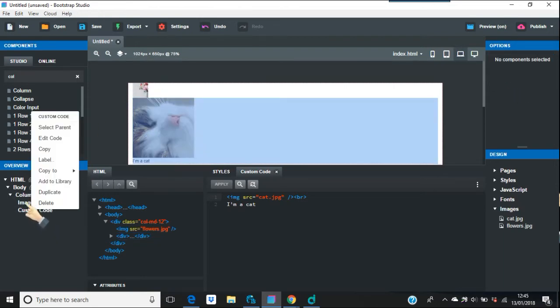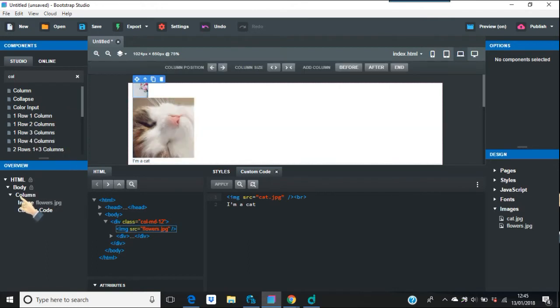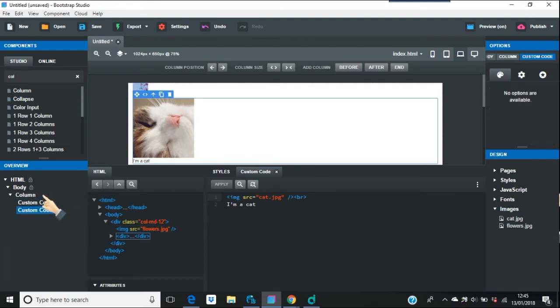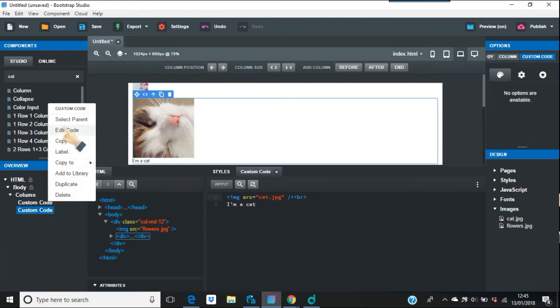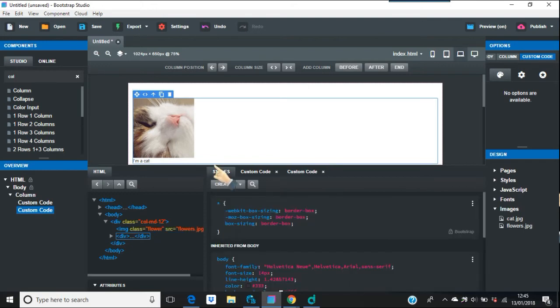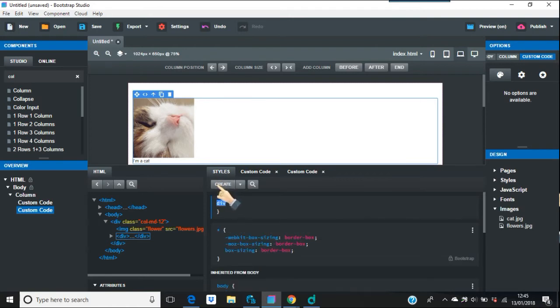So if you just custom code this as well, convert to HTML and edit code, okay, the flowers. So if you put an ID in there or a class, I'll put a class in, equals flower. That's your class name. Apply, so we get the styles, create, put a dot and flower. Okay,